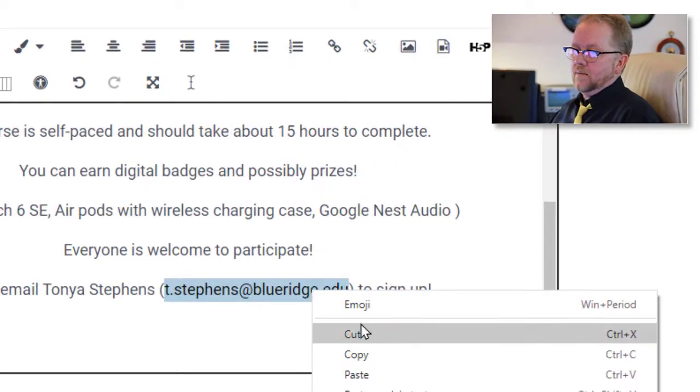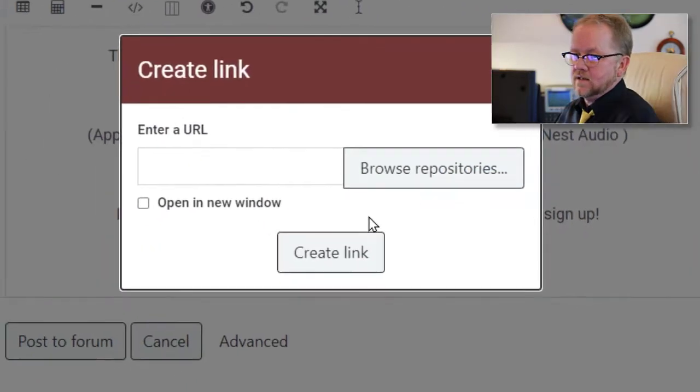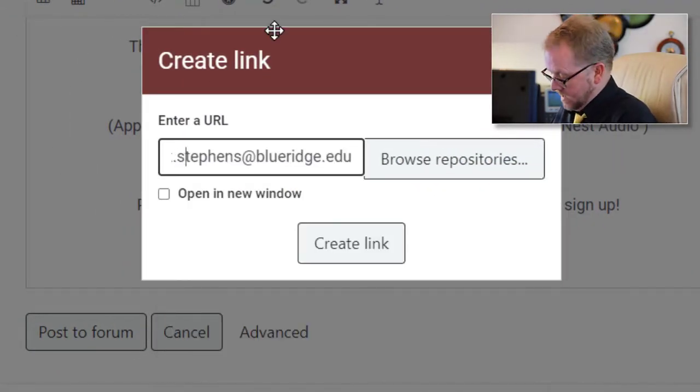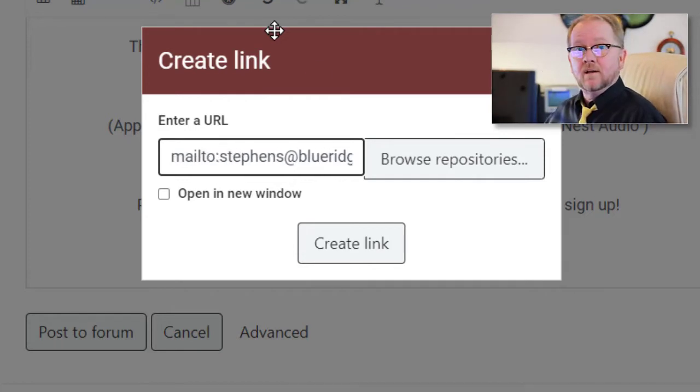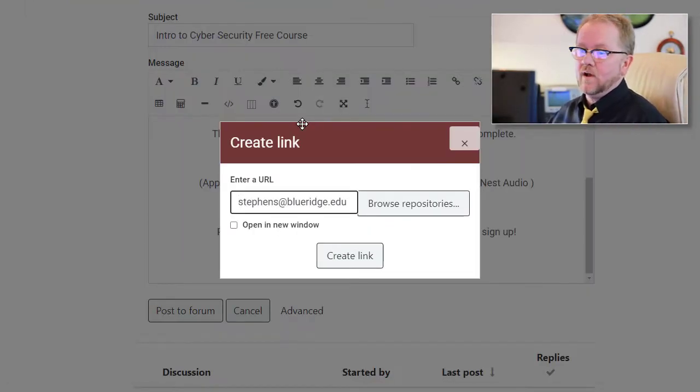So I'm going to copy that and put it in as a link. I'm going to do this, and this is worth knowing. I'll enter the text mailto: and that will actually open it up in our email client. So that's worth knowing. And I open that in a new window. Just so you know, you don't have to do all this, but these are steps that one should know how